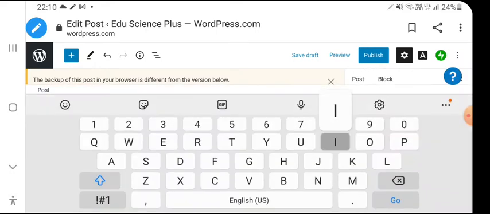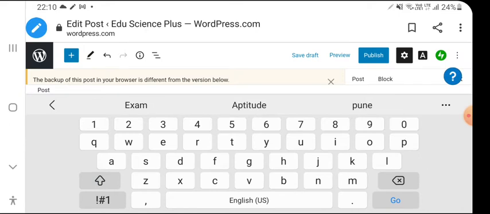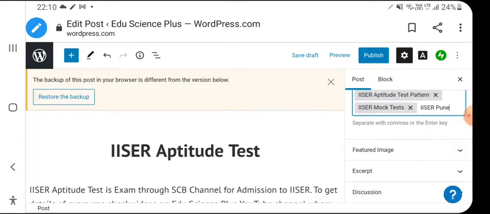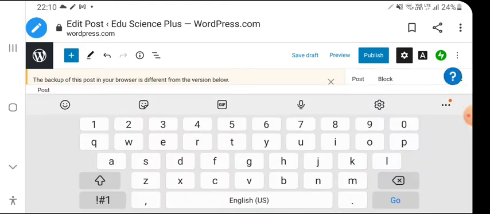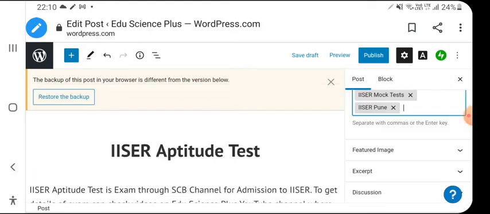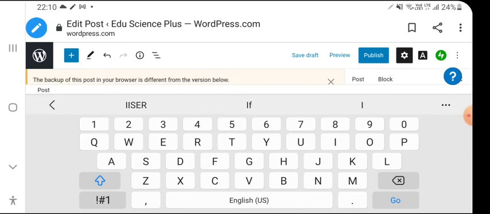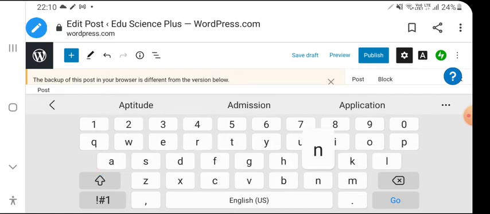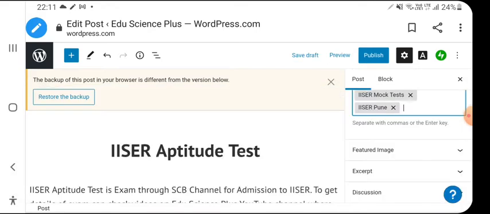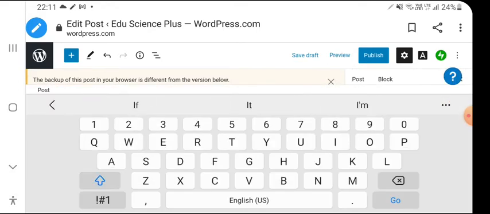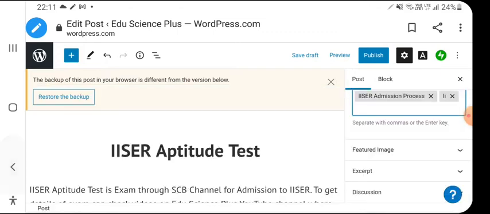Another tag can be ISER Pune, that is also there. Then there is ISER admission process. There is ISER application form, which students search.